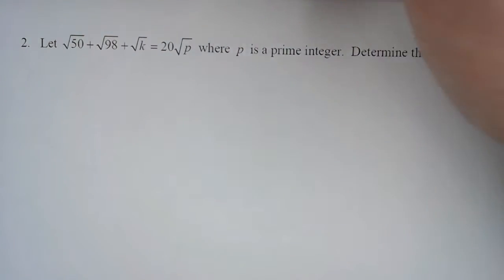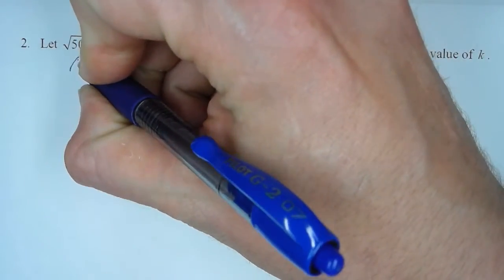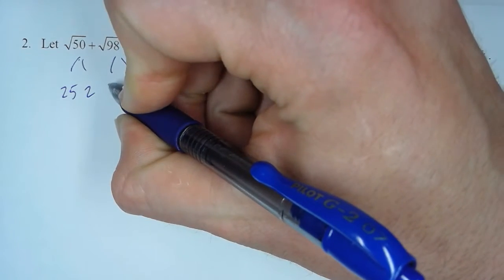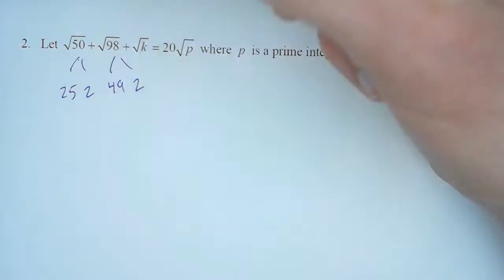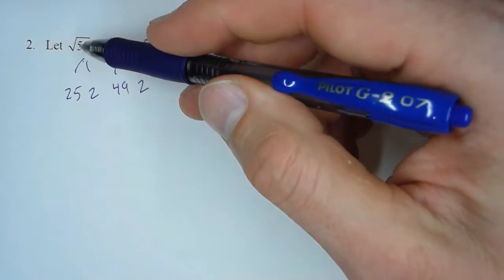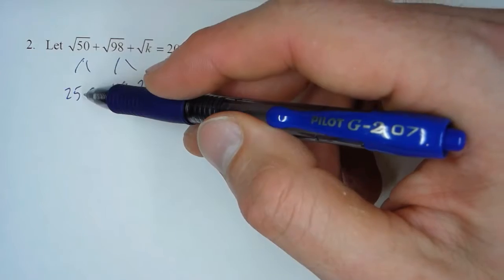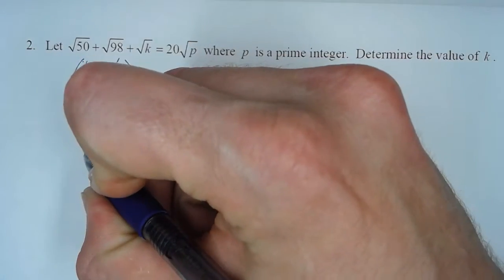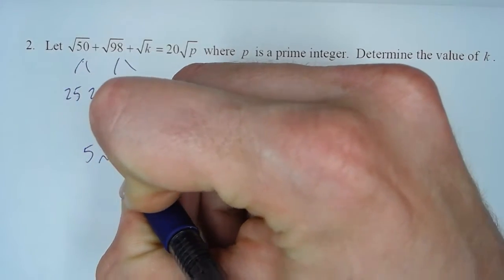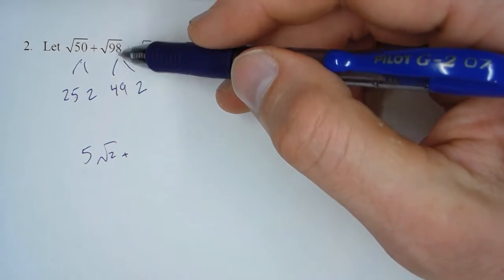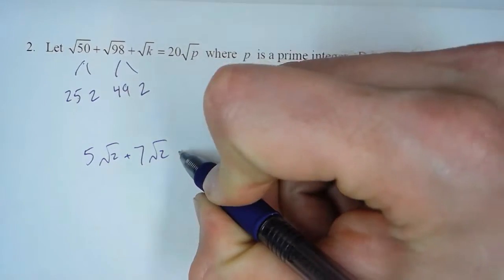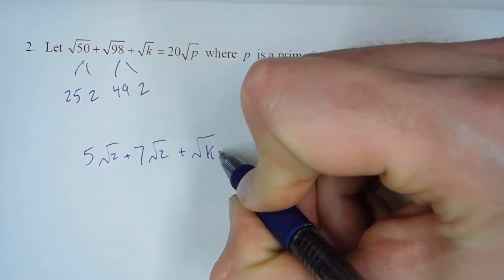We can't take the square root of 50, but we can break 50 down into 25 and 2. Likewise, for 98, we can't take the square root of 98, but we can break 98 into 49 and 2. So that means the square root of 50 is the same as, well, since we can take the square root of 25, we can write this as 5 radical 2. And then for 98, we can take the square root of 49, so that's 7 radical 2, plus radical k